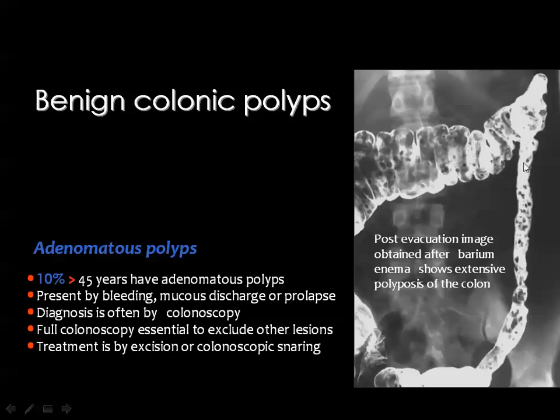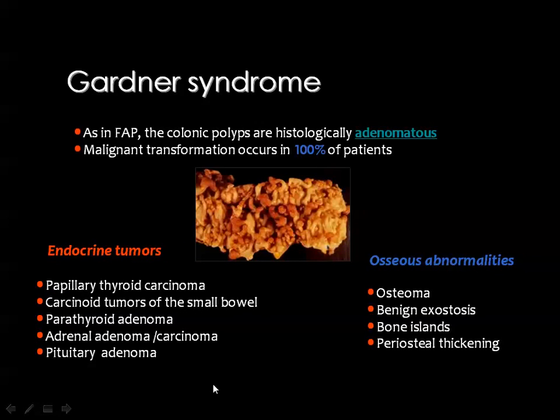Then you look for this colon, and you can see multiple small polyps scattered throughout the colon. For the accurate diagnosis, you usually need the help of endoscope and biopsy. Then this Gardner syndrome is one of the colonic polyposis syndromes. The polyps here are of the adenomatous type, and it carries the risk of malignancy in 100% of the cases,